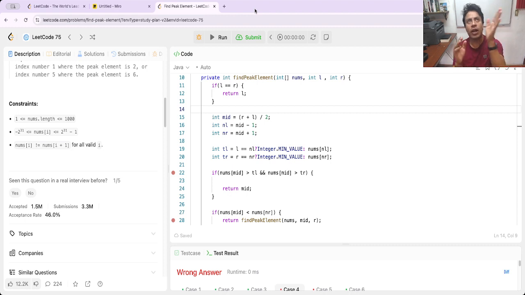Now here, if we have 1, 2, 3, okay, the L is in the 1, the right is in the 3, and half is the number 2. Okay, we apply this operation. The 2 is not greater than the number 3. Okay, we should take only this side of the subarray, and in this case,